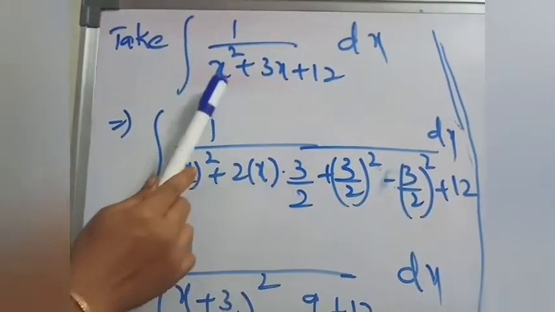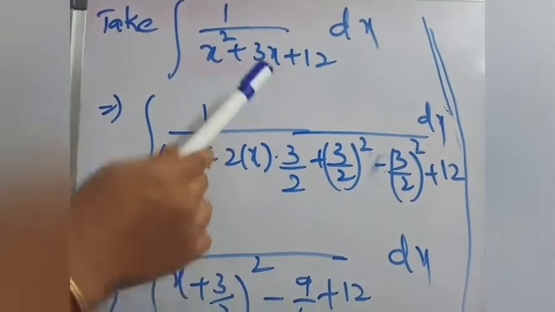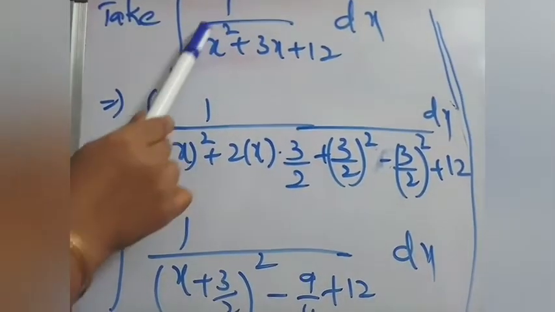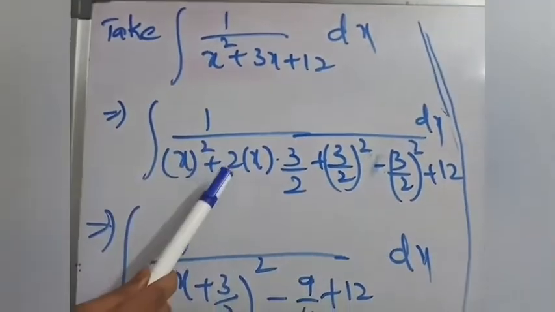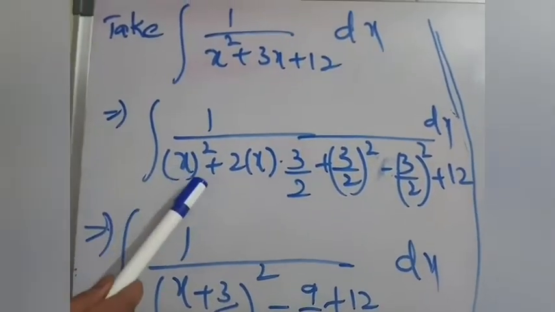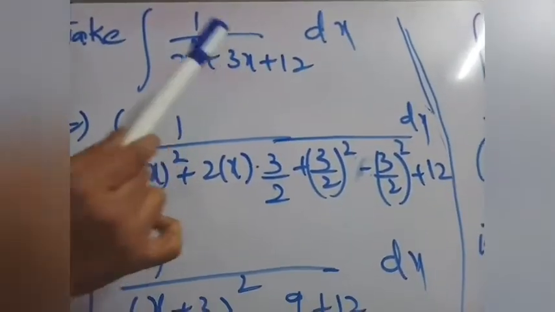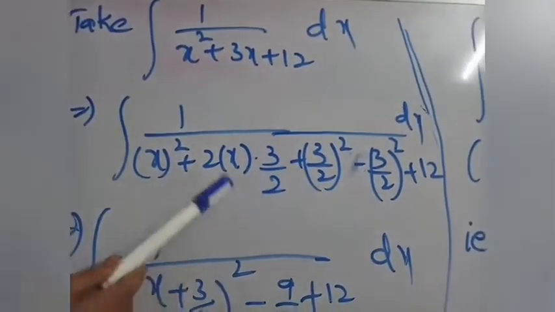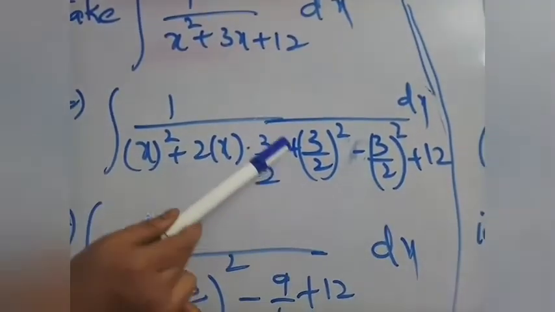See in the denominator, we can also convert it into (x plus alpha) whole square form. So for that, a square term is there here, a square term as it is. For the 2ab term, here 3x is there. So 2 means 2 itself, and a term is x here, by taking which b value can you get the 3x term? So by taking 3 by 2, then 2 gets cancelled, 3x will become. So instead of b, we can write 3 by 2.